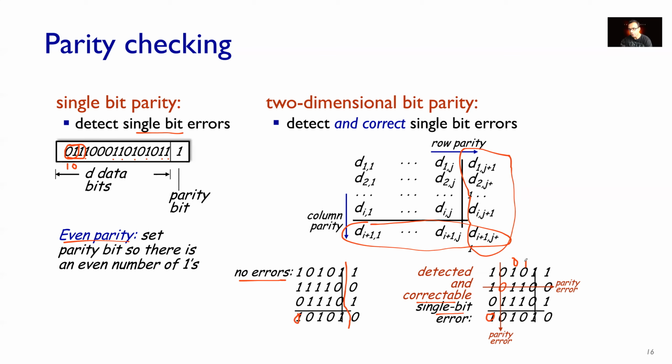I think even all 3-bit errors will be detected. However, 4-bit errors will not be detected. For example, let's use this same case. So if this got flipped to 0, this got flipped to 1, and then this got flipped to 0, this got flipped to 0, right? So in this case, you'll notice neither the row parities nor the column parities will be able to detect that. So I think it cannot detect all 4-bit errors. But yeah, it can detect 2 and